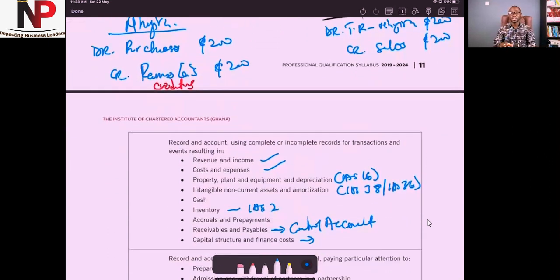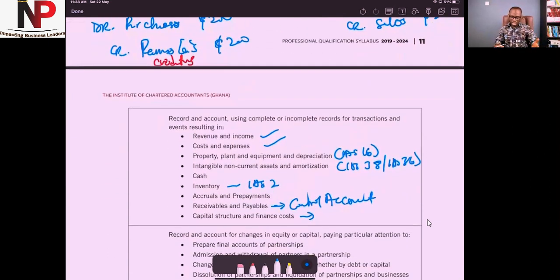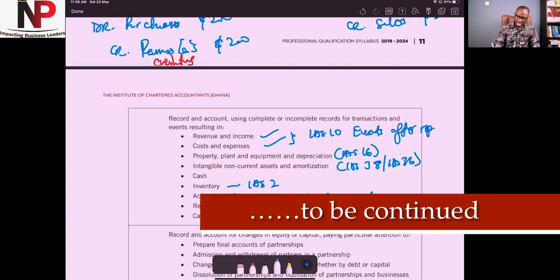And it's a huge aspect. Issues about revenue expenditure. One standard we're going to be dealing with also is IAS 10. That is the events after the reporting period. So if, for instance, the year ends, let's say that we are with a company and the year end of the company is 31st October. So at the end of 31st October, they've prepared financial